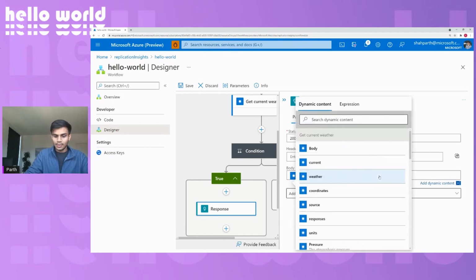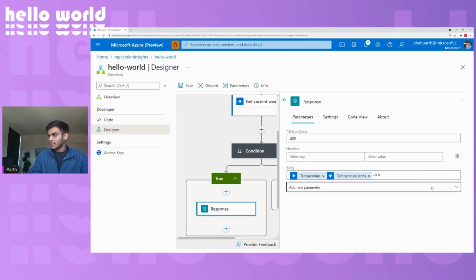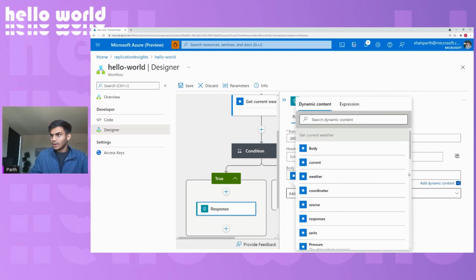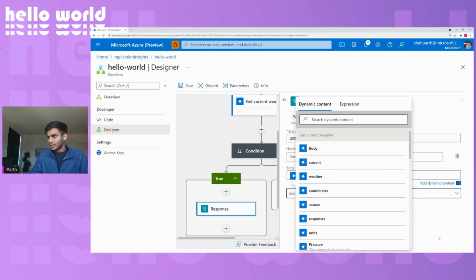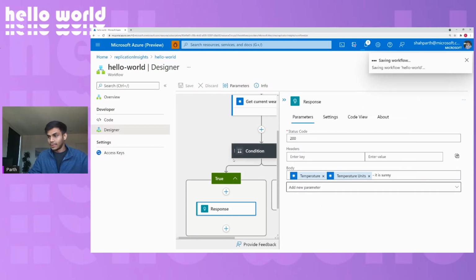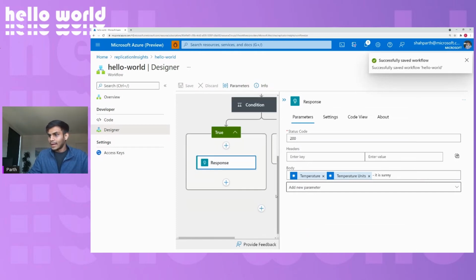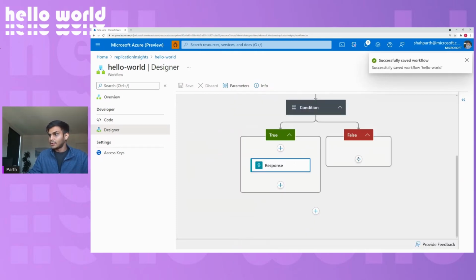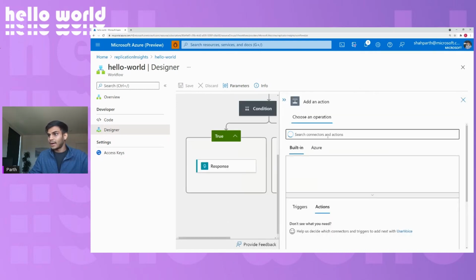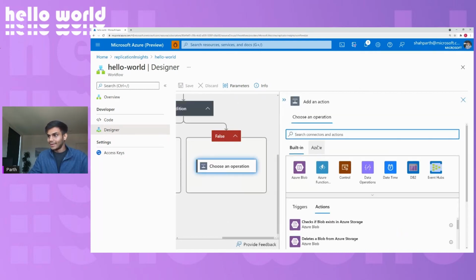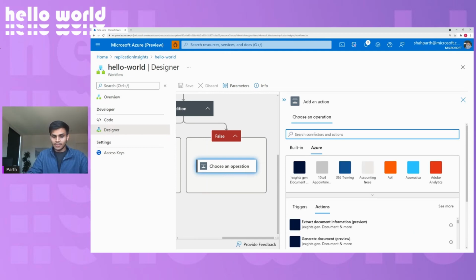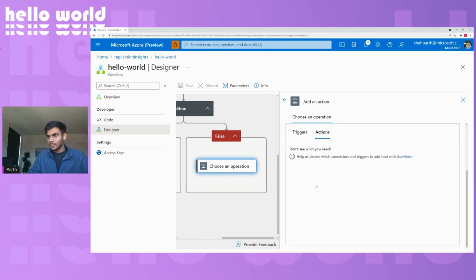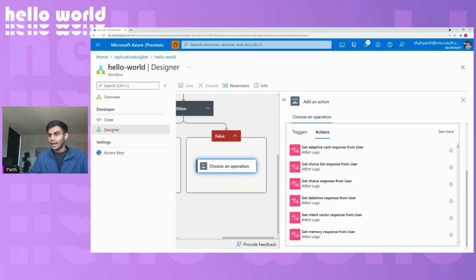and say, I think this is due to my zooming in, but finally, got it, it is sunny. And once that is done, in the false branch, I want to specify that it is not sunny. So you see, without writing quite any piece of code, you are simply able to call a bunch of APIs